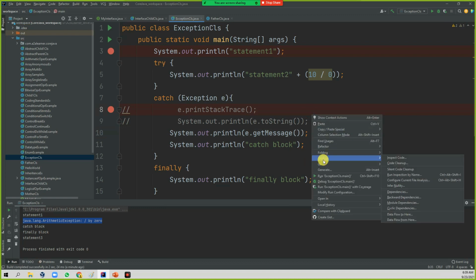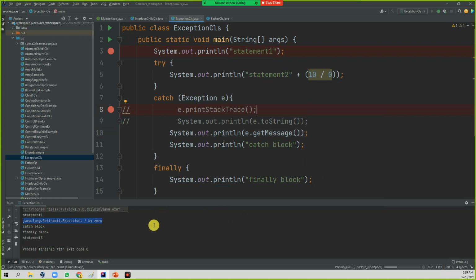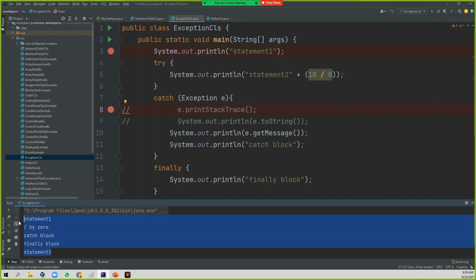If you run it: statement 1, divide by zero is the description, catch block, finally block, and statement 3. So this is the output we got. This is the way you can print the exception information.